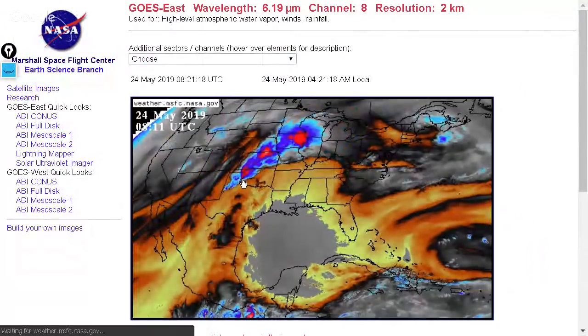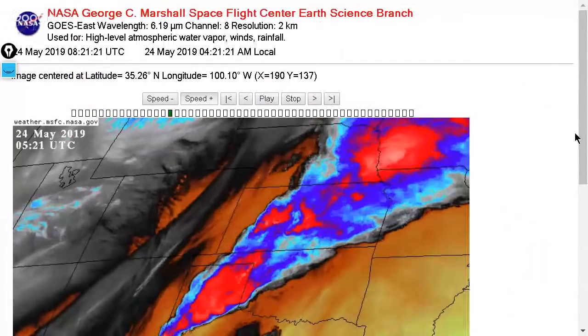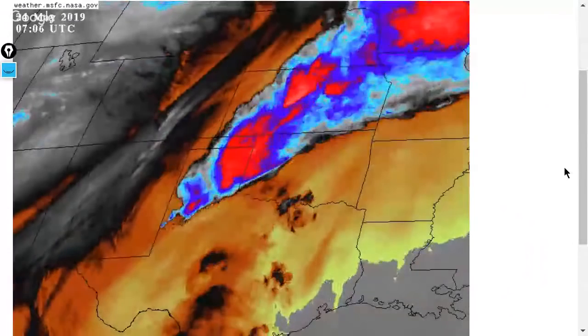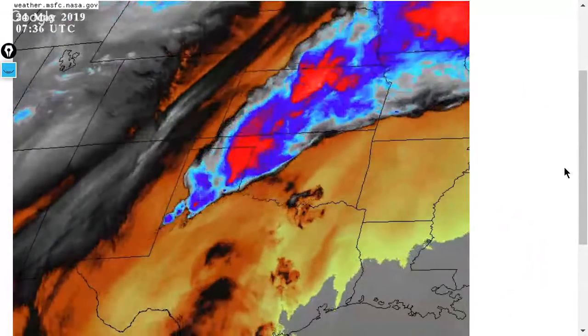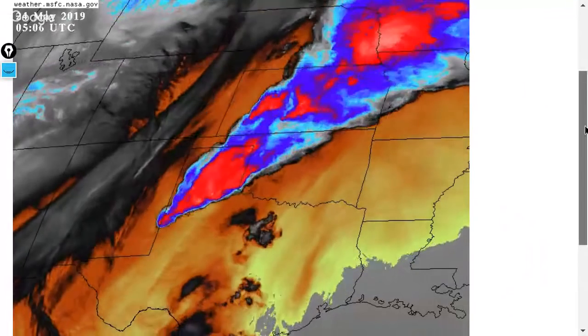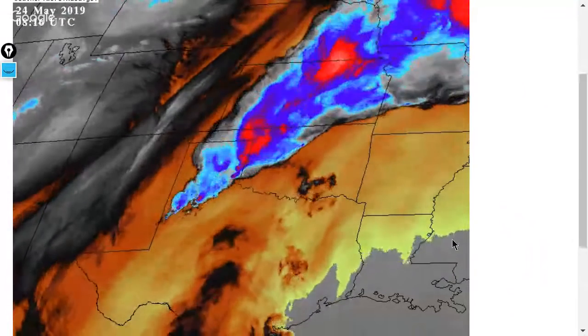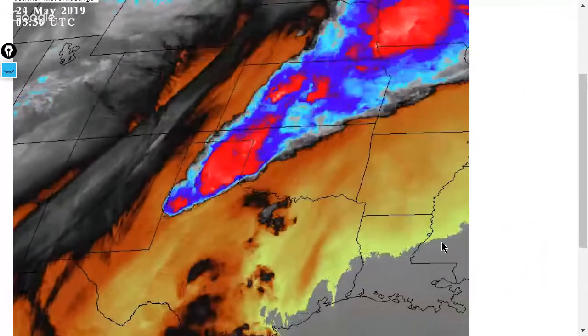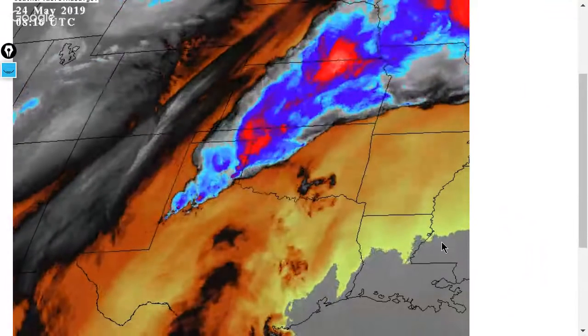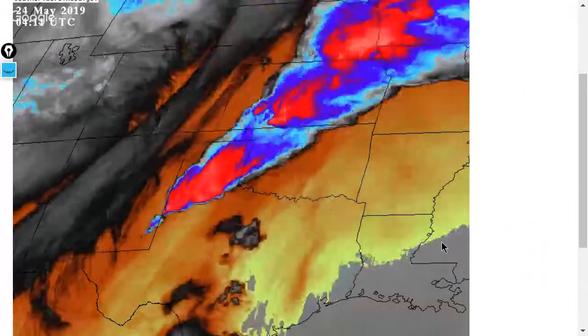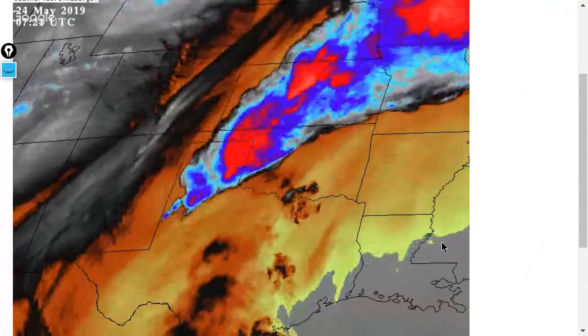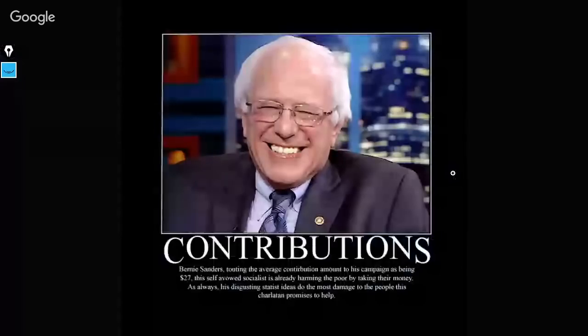And let's go to the source once again. The source of the atmospheric river. There's the point of convergence. Dry air versus wet air. If you're not familiar with atmospheric physics, dry air is much more massive than wet air. We're not going to get into the weeds on that, because there's still more stuff to cover, such as contributions,